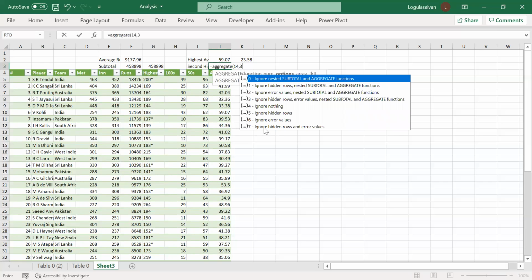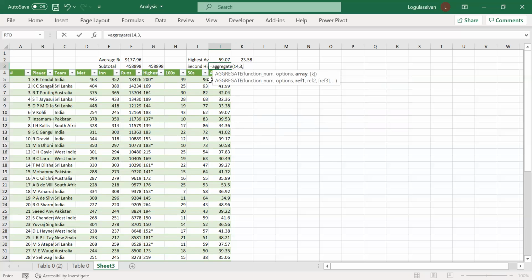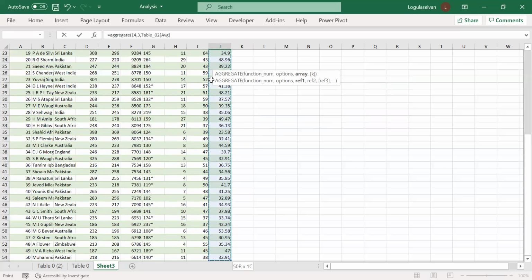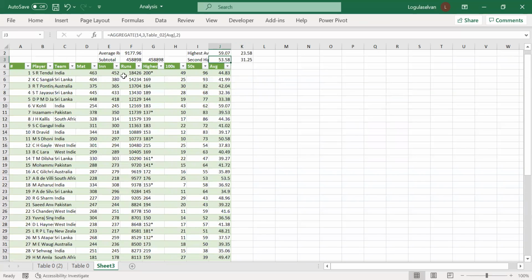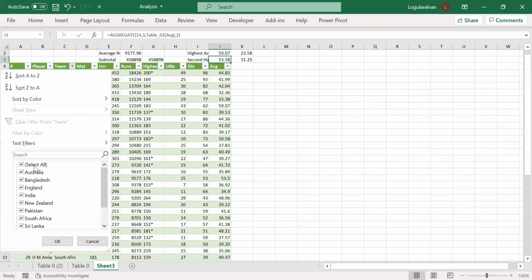I'm selecting option 3, comma, I'm selecting the array. Here I have to mention the position as well. Complete that. I'm getting the same value, but if I'm applying filter,